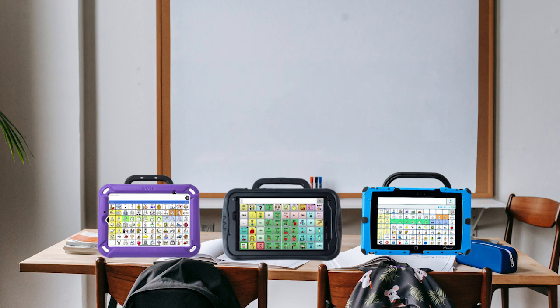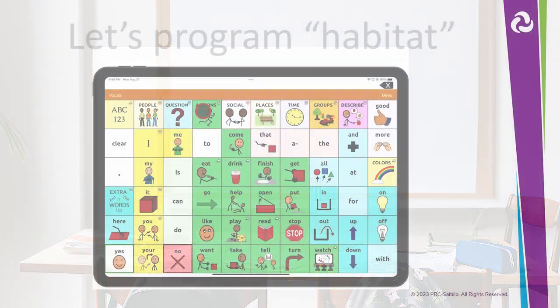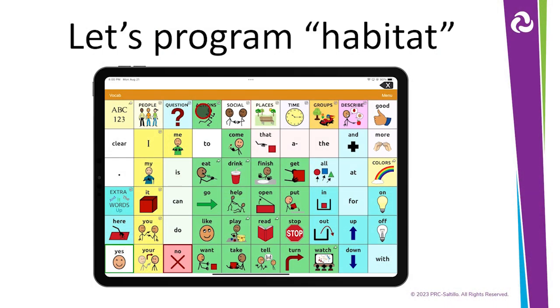Adding words to the home screen could cause the current organization and structure of the language system to become disorganized and confusing for the AAC learner. Let's program the word habitat into our AAC communicator's language system. Remember, we can consider adding this subject-specific word once our communicator's language skills are firmly established and they are ready